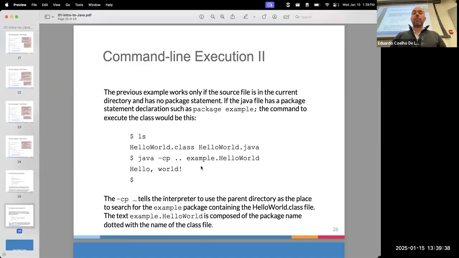Another thing that is interesting is about what we call the class path. So remember that we were having those issues with the package name, right? So you can actually specify the package name in command line as well. If you go with that -cp, and then you put the root of the directory structure of your Java program. And then instead of going with just the name of your class, you follow this convention here. That's going to be the series of packages until you reach the class, right? So in this case here, I only have one single package called example, and then I have that HelloWorld class inside that example